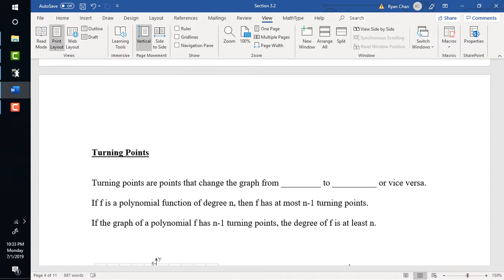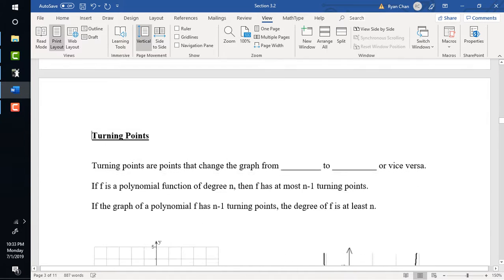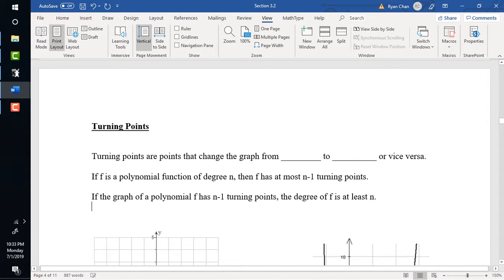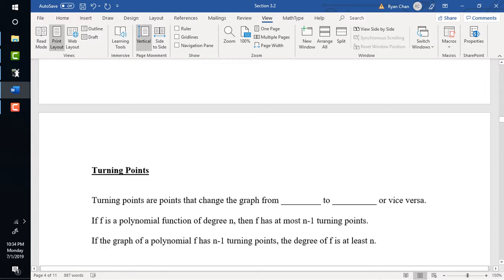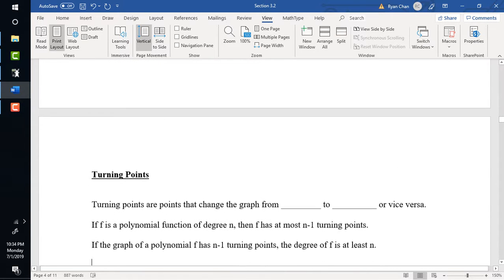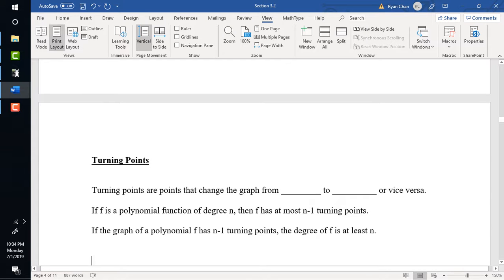Let's talk about the last type of characteristics with 3.2 that you want to know. You want to know what are called turning points. Turning points are points that change a graph from increasing to decreasing. So we're trying to figure out when it changes from increasing to